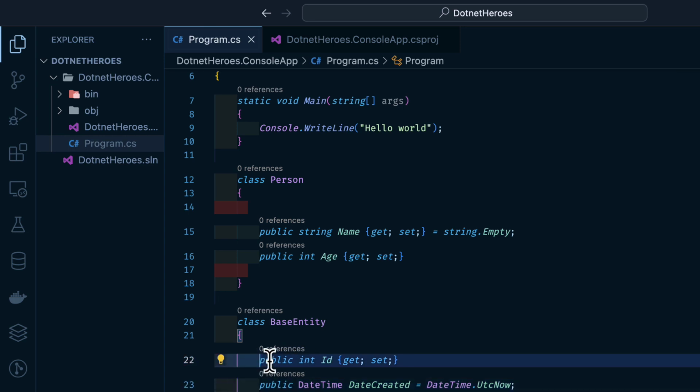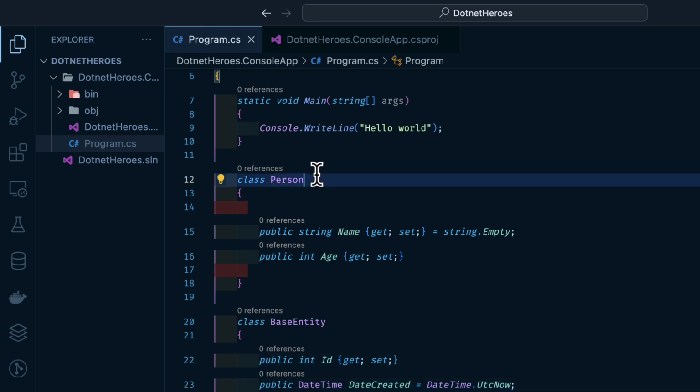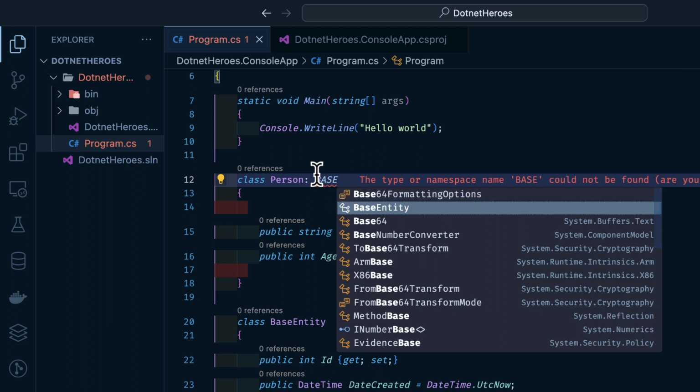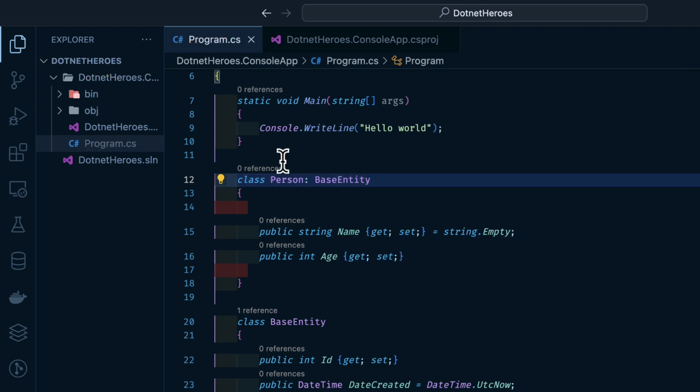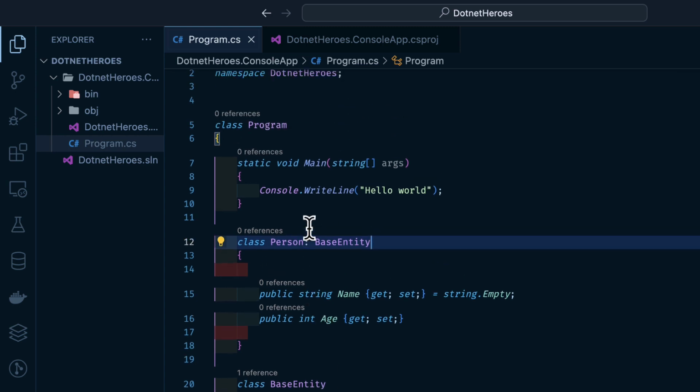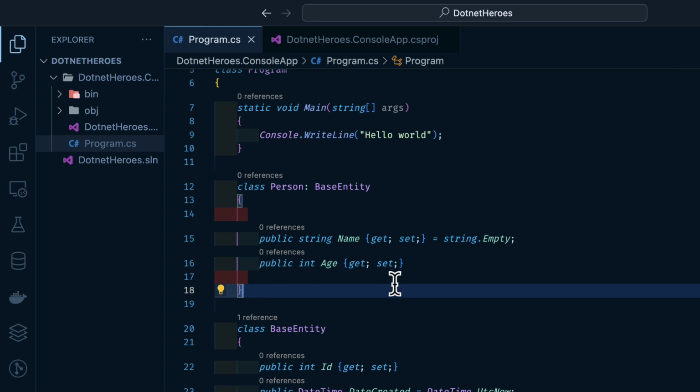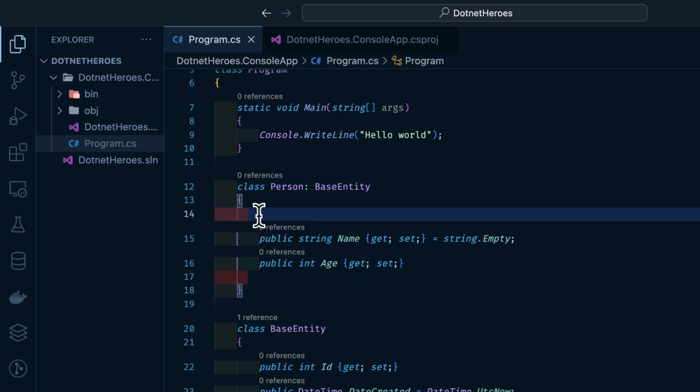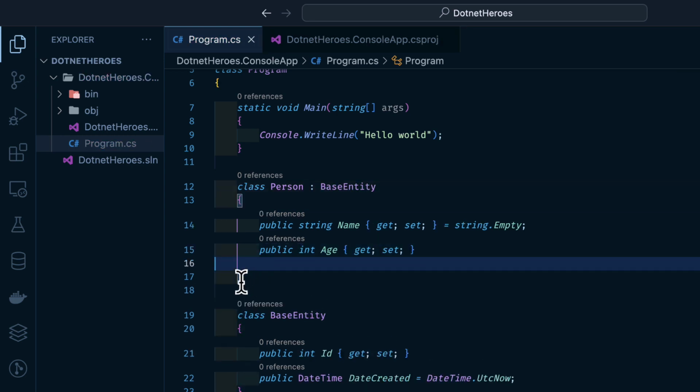ID and date here quickly. Then we can inherit the base entity from here. So invariably the ID is being injected into this person class. If you have this, it helps us to minimize code duplication and to follow the DRY principle, which is: do not repeat yourself. Let's create another class called